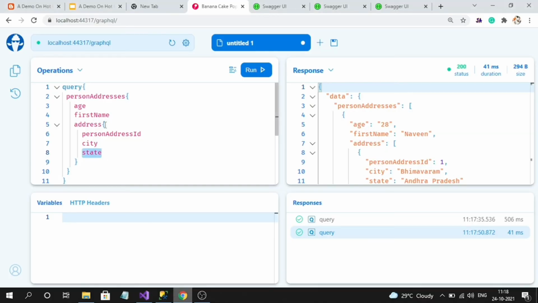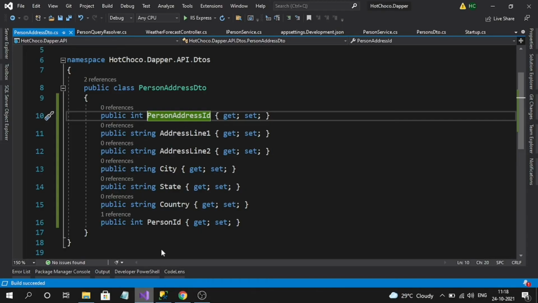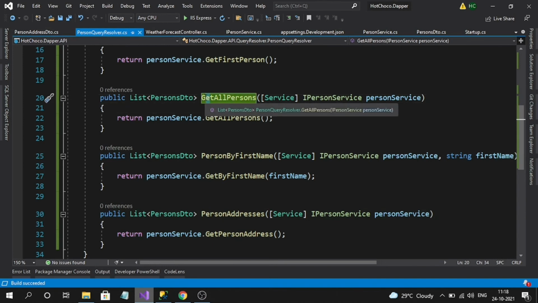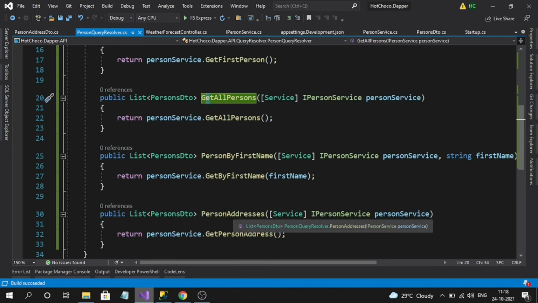And one more thing is that the query name should match our resolver name. If you are using any conventional keywords like get, those should be excluded while calling. If you are not using them, then it is absolutely fine. Directly copy the name, make the first character small, and query in the testing tool if your intelligence is not working.